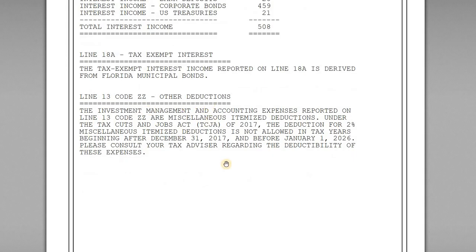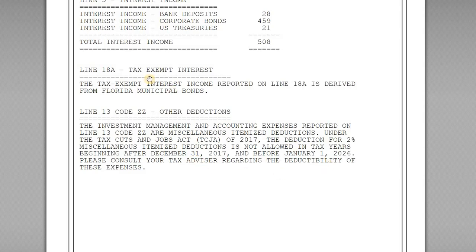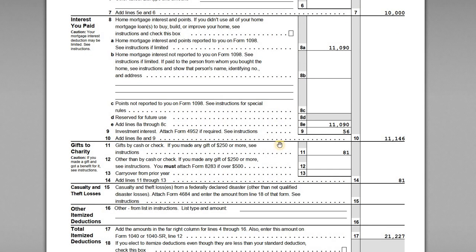So line 13, code ZZ, other deductions. The investment management and accounting expenses are miscellaneous itemized deductions under the TCJA of 2017. The deduction for 2% miscellaneous itemized deductions is not allowed, right, in tax years beginning after 2017 and before 2026. So normally, well, prior to the Tax Cuts and Jobs Act, 2% miscellaneous deductions, so things like investment management